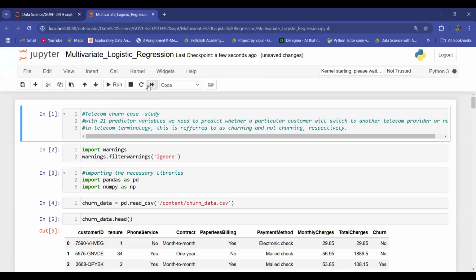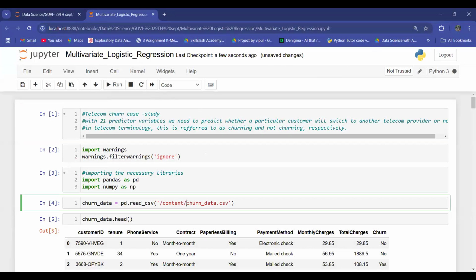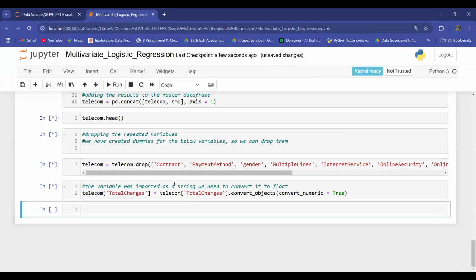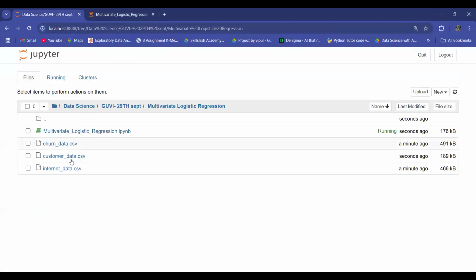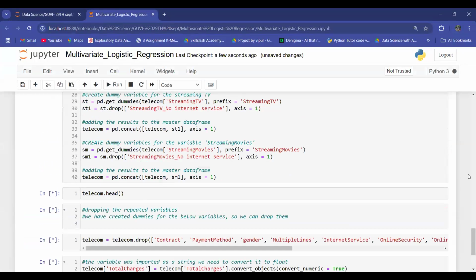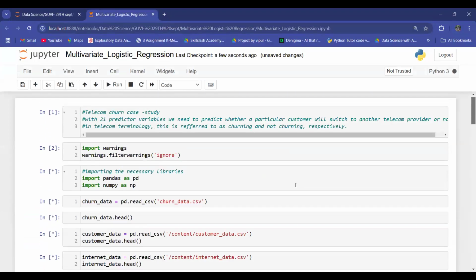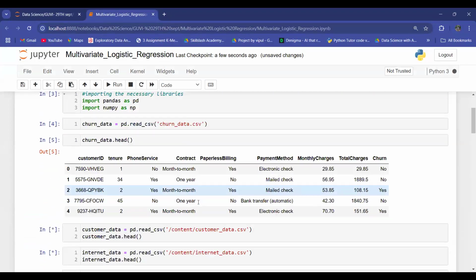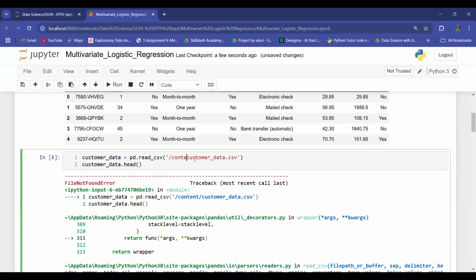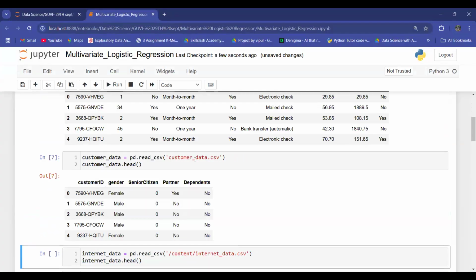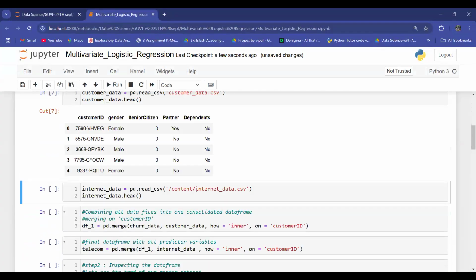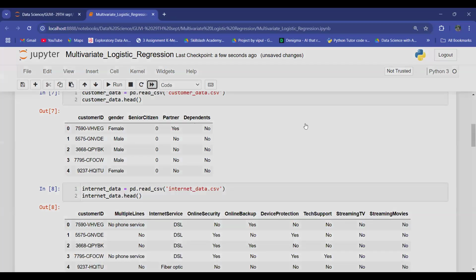Let us restart and run all this. Yeah, one more thing. This should not be content. This should be only churn data. Same goes with this customer data. And this should be internet data, not content. Yeah, now if I restart and run all this,